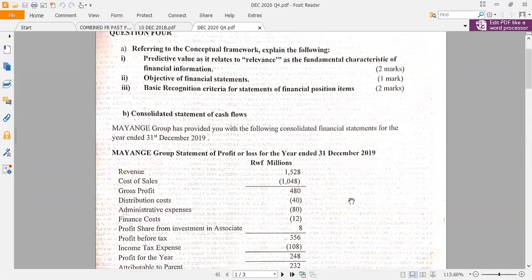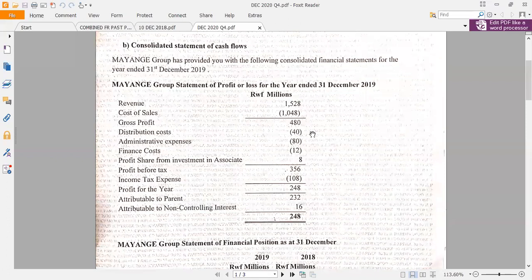So it is question 4, part B. Part A is on conceptual framework. So part B,